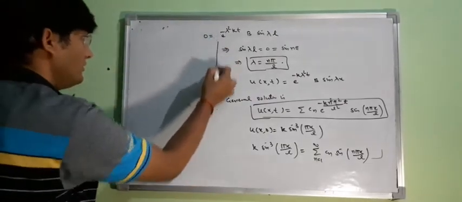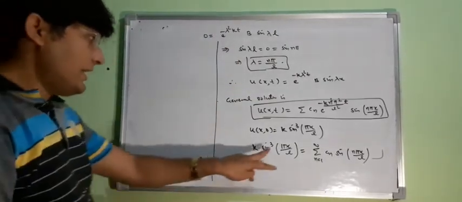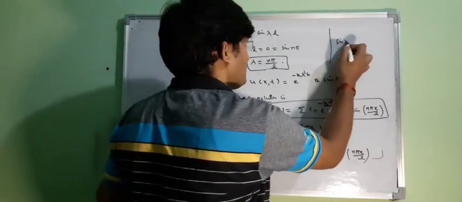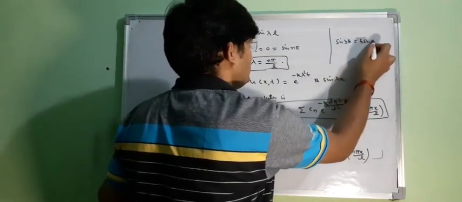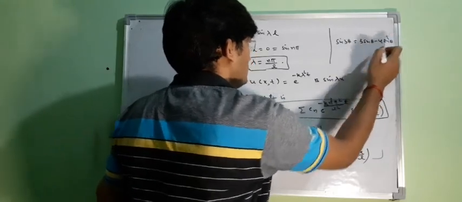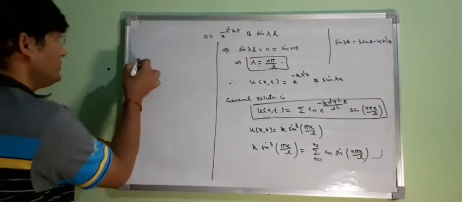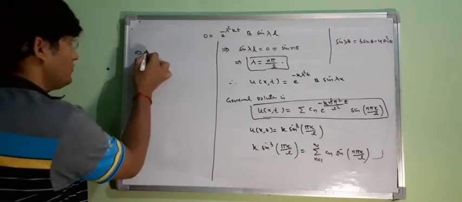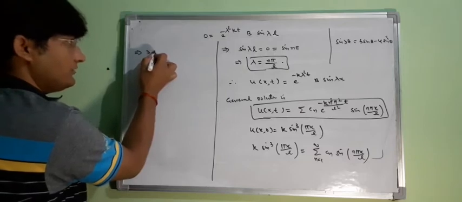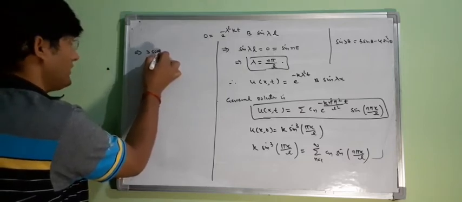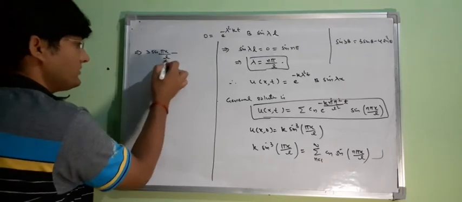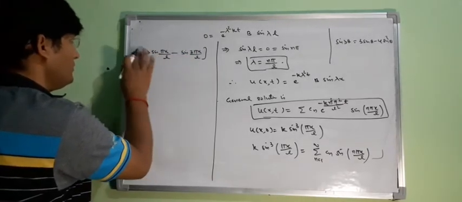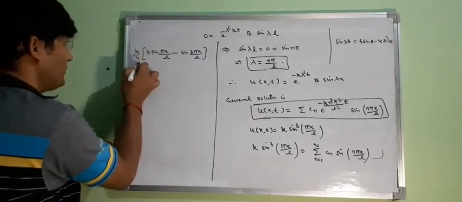Now sin cube theta can be written as, because we know that sin 3 theta equals 3 sin theta minus 4 sin cube theta. So your sin cube theta will be (3 sin theta minus sin 3 theta) by 4. So your left hand side will be (3 sin theta sin pi x upon L minus sin 3 theta sin 3 pi x upon L) into k by 4, equal to your right hand side